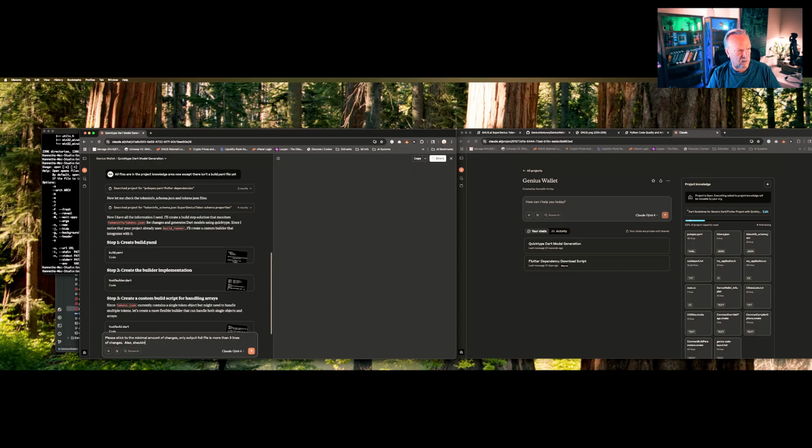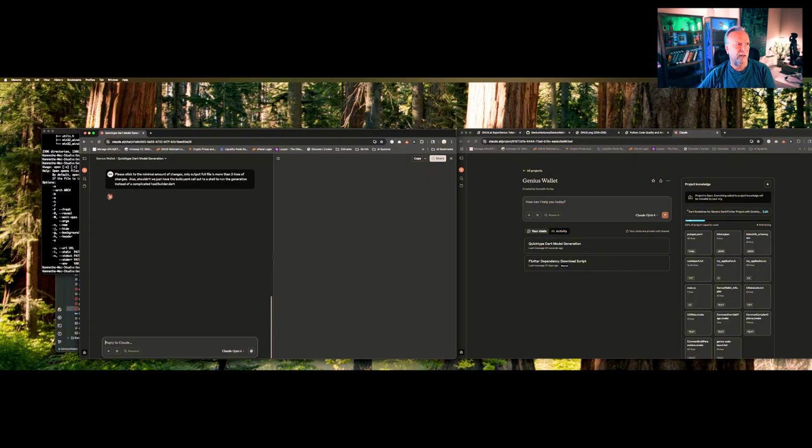Also, shouldn't we just have the build YAML call out to a shell to run the generation instead? See, this is what I'm talking about. The AI will sometimes just go completely overboard for stuff that's really not necessary. And you're absolutely right, it's always going to agree with you, but